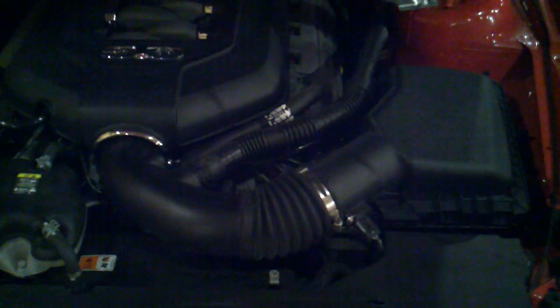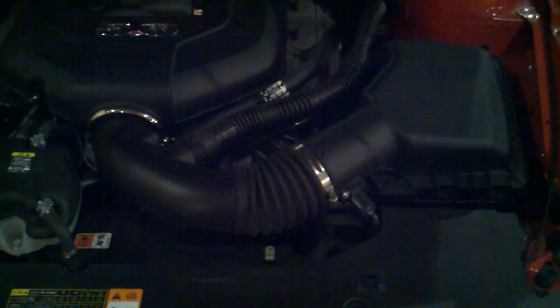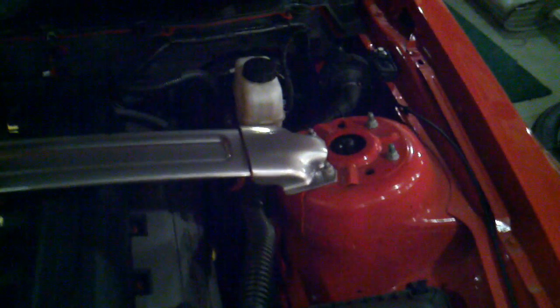Alright, so back in the garage, it's freezing out, there's snow on the ground. What a better time to go ahead and start upgrading some parts. Right now I'm focused on getting the stock air box out, and I'll replace it with a C&L cold air intake. The first step that I'll be doing is I'll go ahead and remove